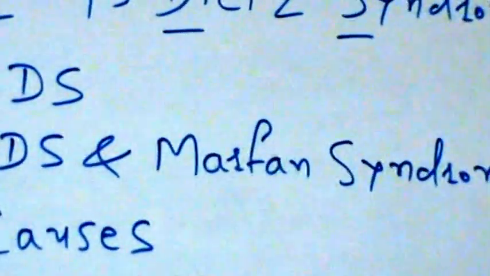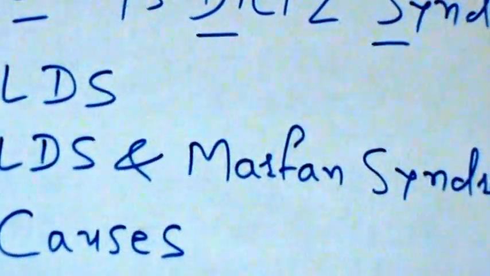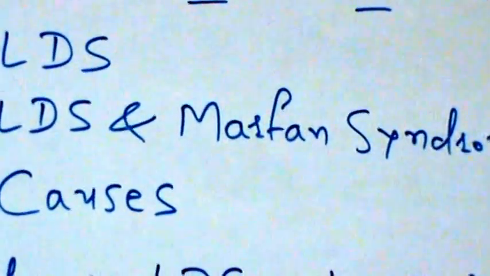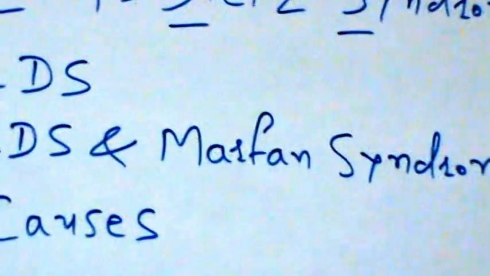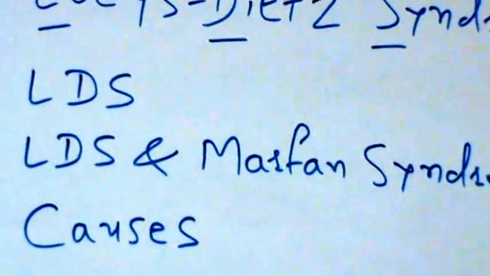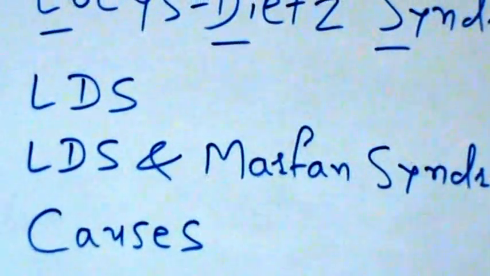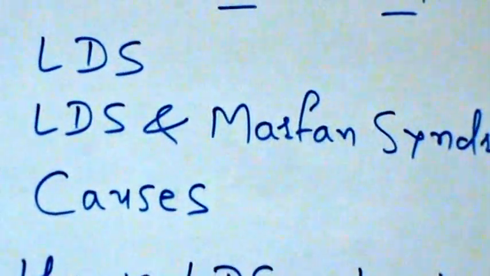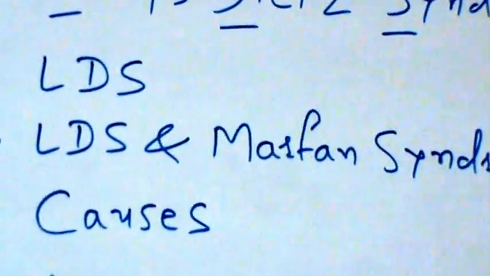Marfan syndrome and LDS. Some LDS features are also found in Marfan syndrome, and they are an enlarged or bulging aorta, the main blood vessel that carries blood from the heart, aortic dilation or aneurysm. Then you may have a tear of the wall of the aorta, aortic dissection, floppy mitral valve or MVP, mitral valve prolapse, chest that sinks in, called pectus excavatum, or sticks out, called pectus carinatum,